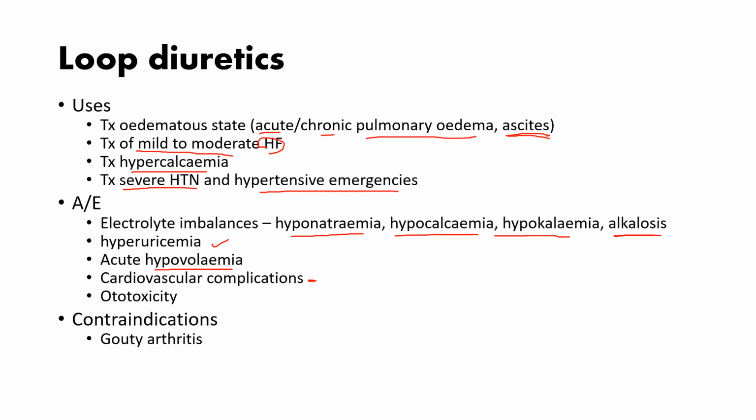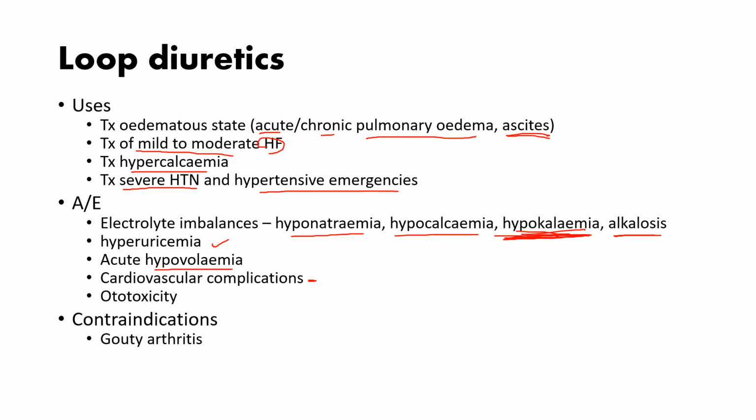For example, we have hypokalemia, and hypokalemia can trigger arrhythmias. Okay, so we have to be very delicate in the balancing of our ions and electrolytes, especially potassium, because potassium is very important for the heart. And if we have imbalances in potassium levels in our body, then either hypo or hyperkalemia, then we might precipitate